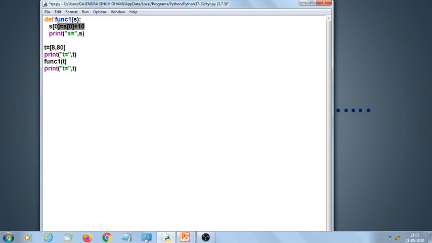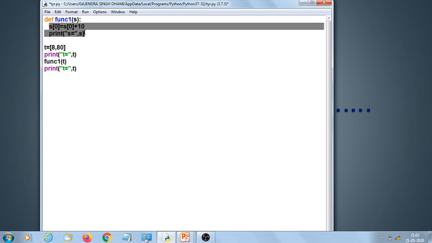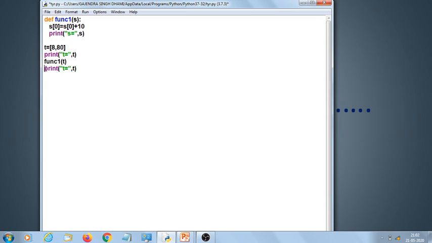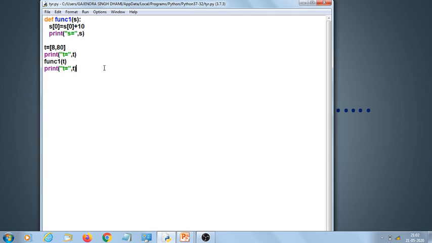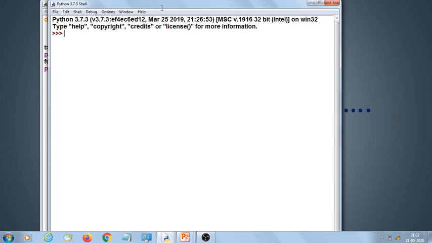So the change is done in the element of the list, not to the ID of the list, not to the address of the list. Clear? So when we call the function, t and s will have the same address, and inside the body the address of s hasn't been changed, but the address of an element inside s has been changed. So after the function call, t will have the same address as s, so the changes will be reflected outside the function body also. This is the case of the mutable type of data. Clear? So let us see the change.